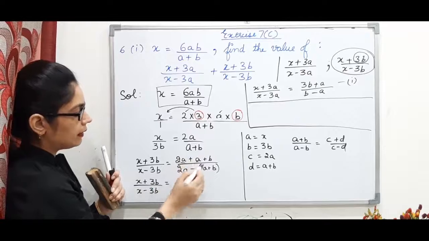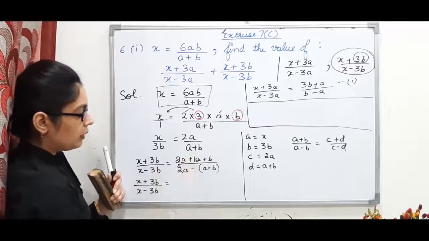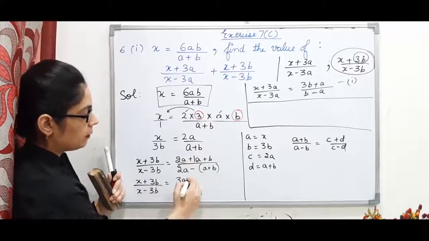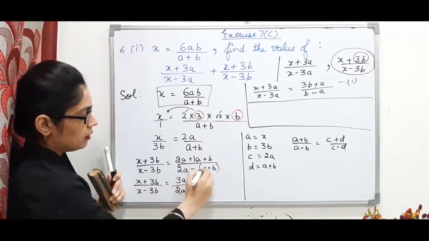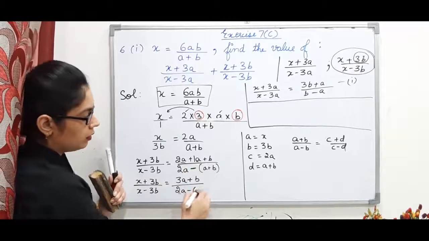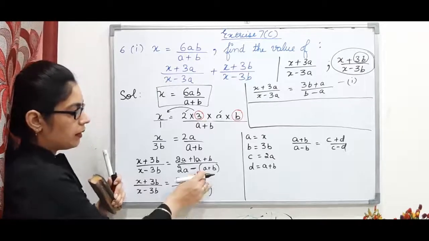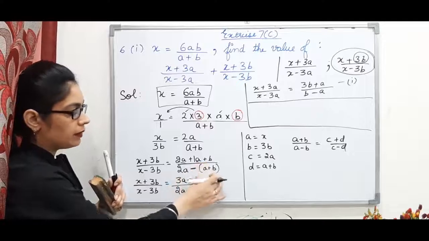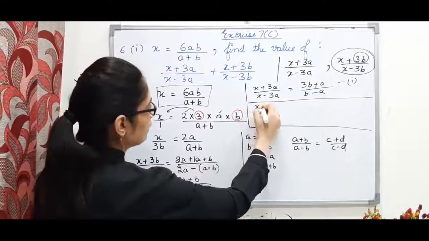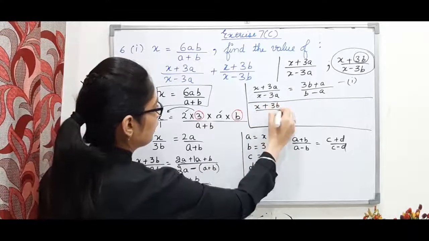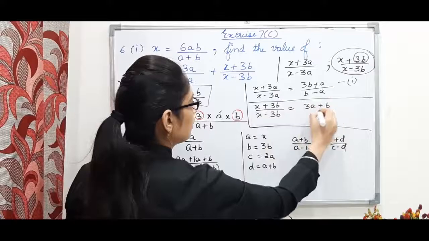Like terms are 2a and a, with both of these a is there. 2 plus 1 is 3, a as it is, plus b, upon, when we open the bracket, 2a minus, whenever there is a minus sign outside we have to change the signs, minus a minus b. That is why I have to write this expression in brackets. So x plus 3b upon x minus 3b is equal to 3a plus b upon,